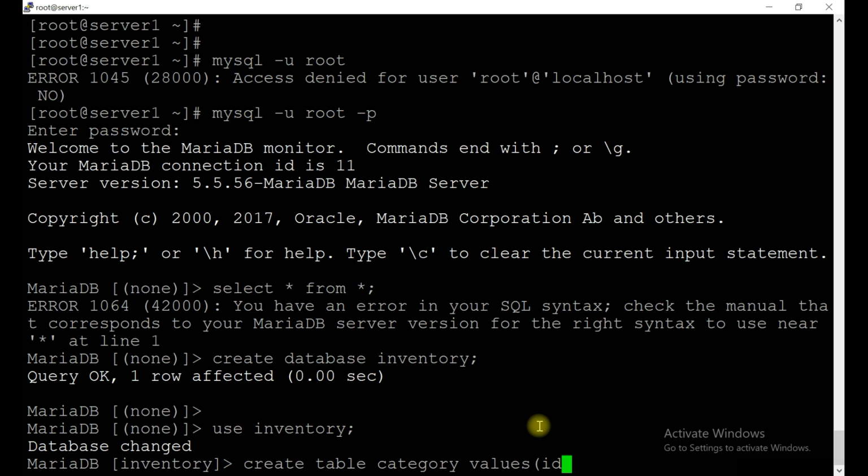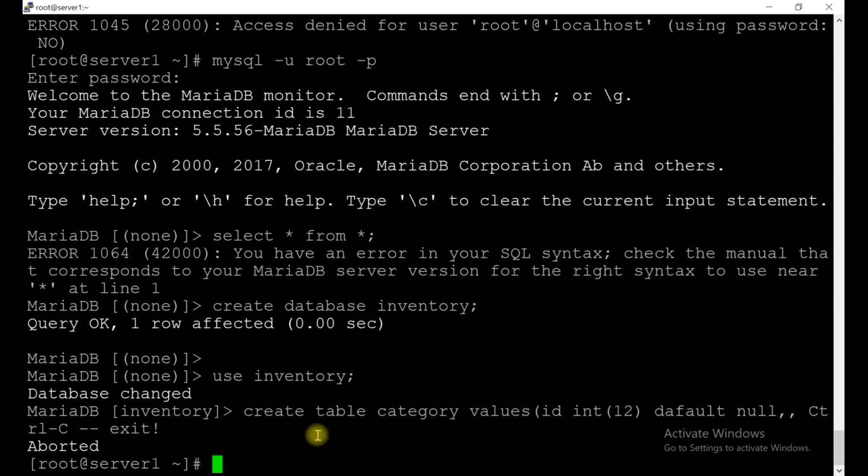One is ID, which is an integer, maybe maximum 12, and default null. I think it's not visible here.